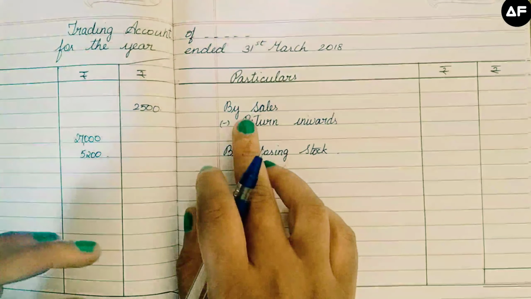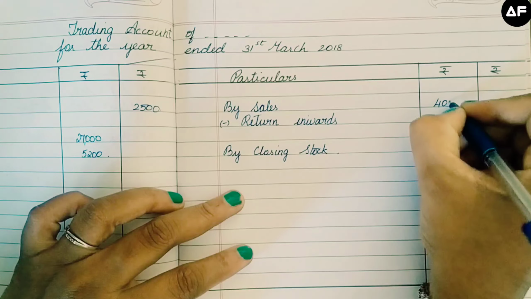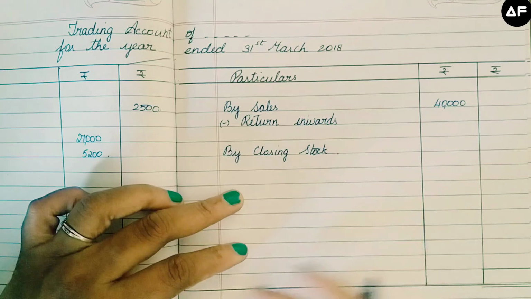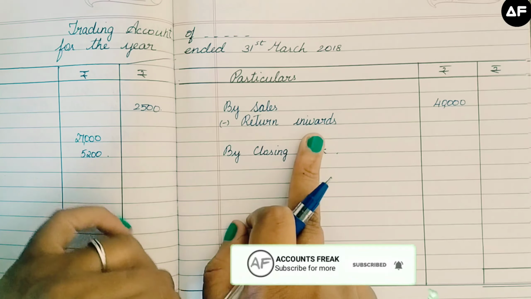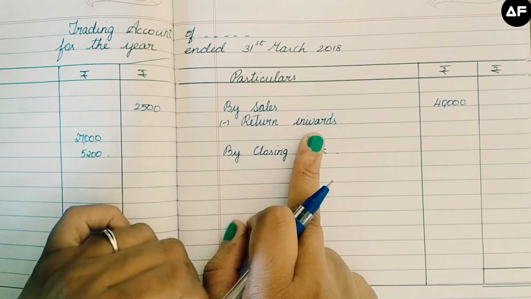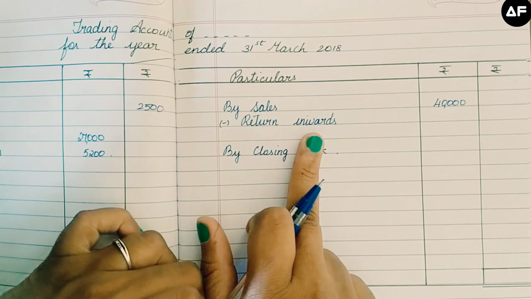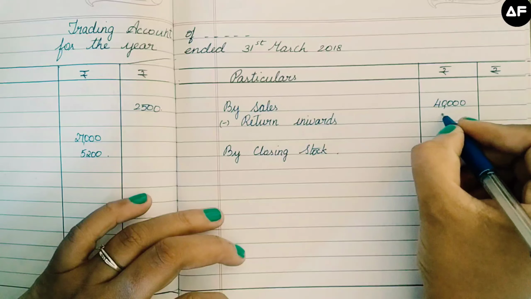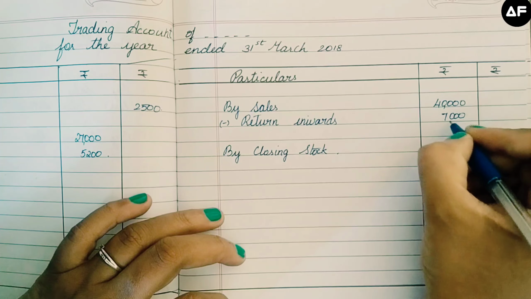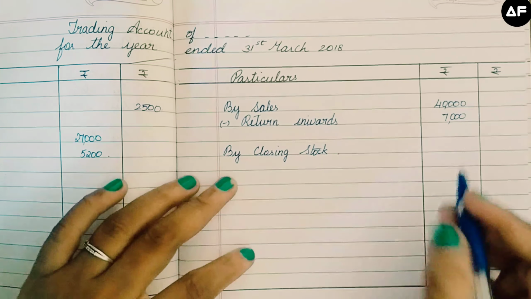Next, to fill in the credit side, I have sales. Sales for this sum is 40,000. The other name for sales return is return inwards. That is, when we sell something and it is defective, the person who has bought it from us will return it back to us. Therefore, goods are coming in, so it is return inwards. It is 7,000, and we are going to subtract it from the sales. Lastly, I have closing stock, which is